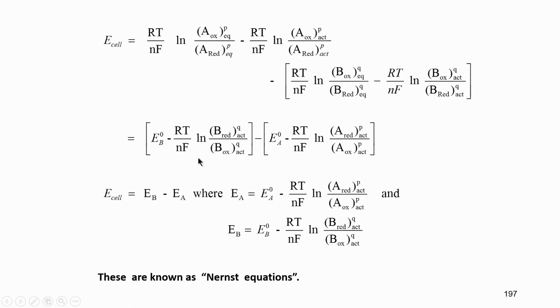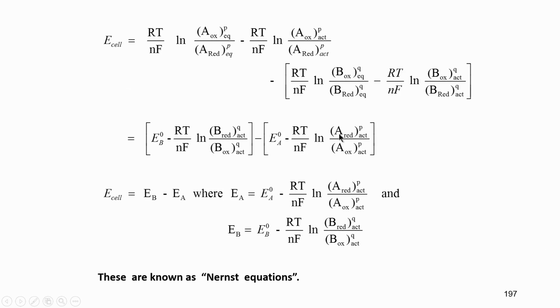So, this whole thing, E naught minus RT by NF ln B reductant divided by B oxidant raised to Q and activity term, I put it as EB, that is a potential corresponding to B, because here everything is B. This whole term then refers to redox reaction of the species A in terms of thermodynamics